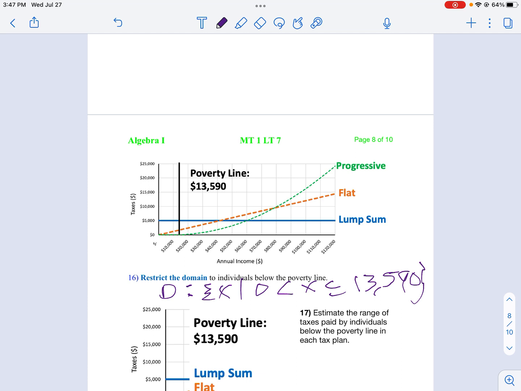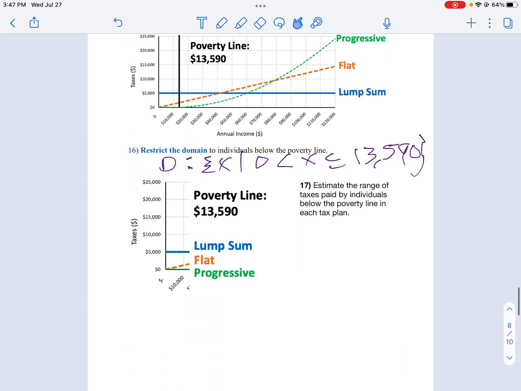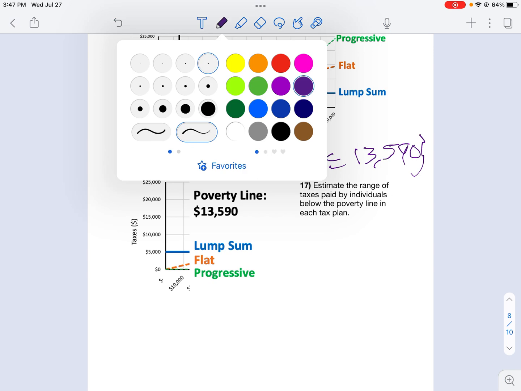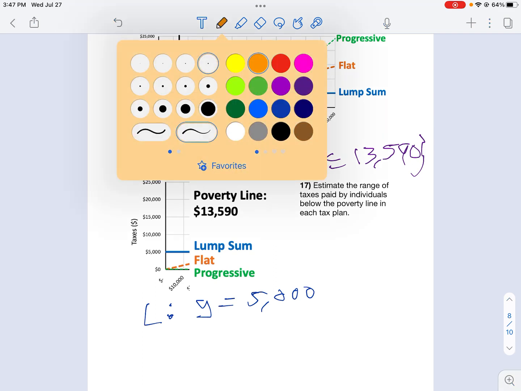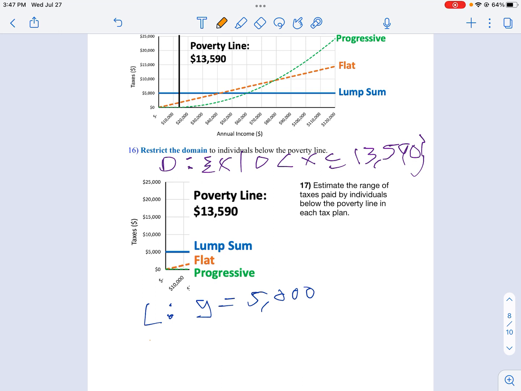Now, let's do the range for each one of these. My lump sum, I'm going to put in blue. So my lump sum, I'm going to pay, my range is just going to be $5,000. So y equals $5,000. And then for my flat tax, my range is also going to start at 0. I'm going to say it's going to be a range of values. So y such that 0 is less than y. And then I want to find 12% of